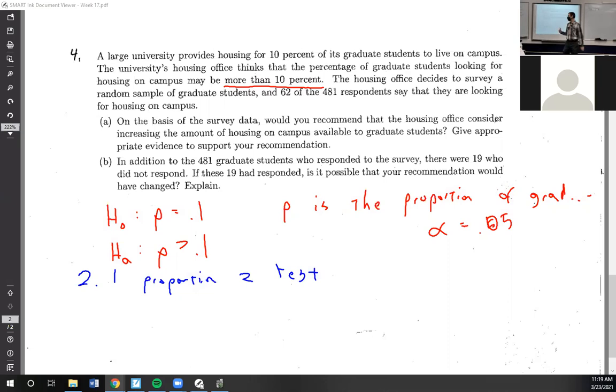So the biggest thing, survey with a random sample. There's our random. We have a large university, so 10 times the 481. That's probably our independence. And then our normal,